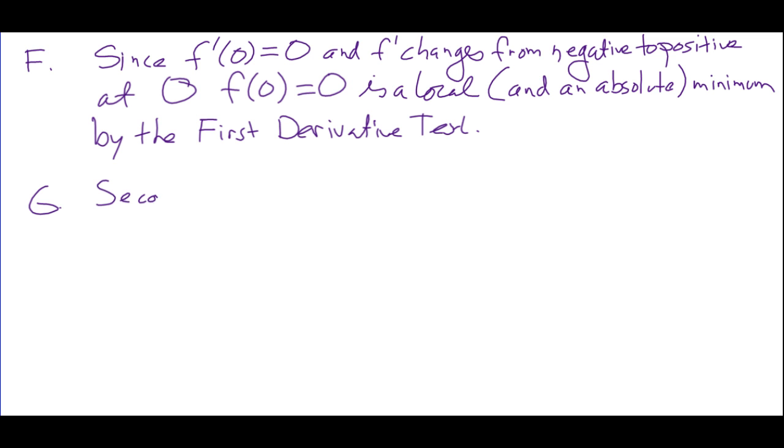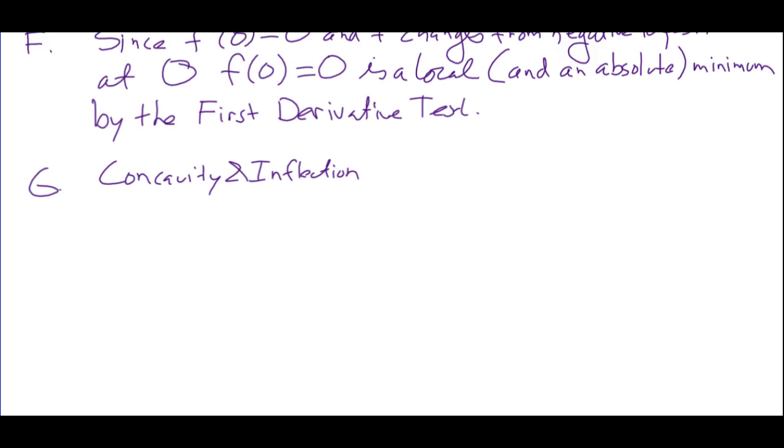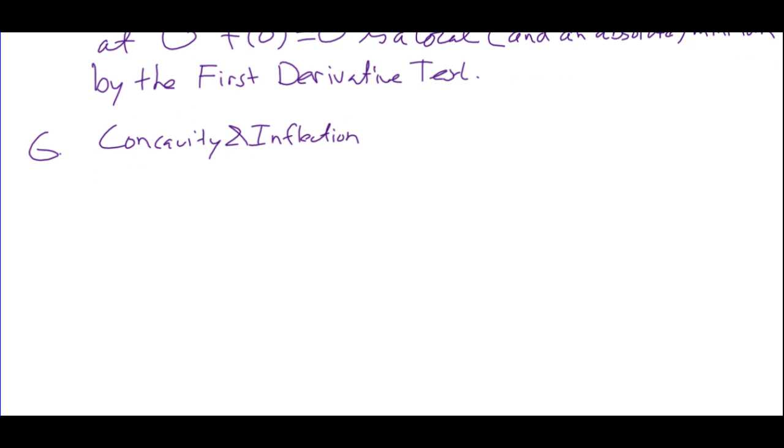So the second derivative. Actually, G would be concavity, right? Also your inflection points, right? Okay, so it's the, okay, what do we want to say at this point? It's the denominator,